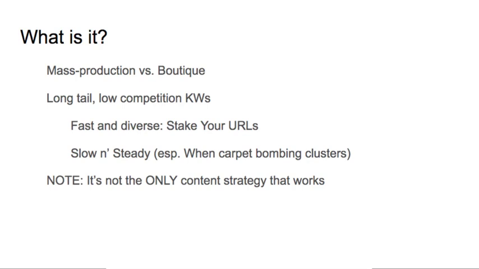And this is where you change your hat. This is important. You go from marketer to publisher. These days, I liken myself to a publisher. I'm not a marketer. It doesn't mean I ignore SEO. I'd be a fool to. But I'm a publisher, and what that means is when I'm carpet bombing these clusters, I'm thinking more about what the audience needs to know on this topic than what I can target for keywords.